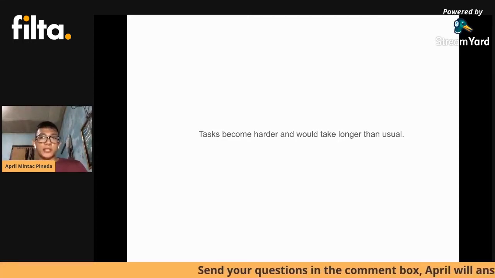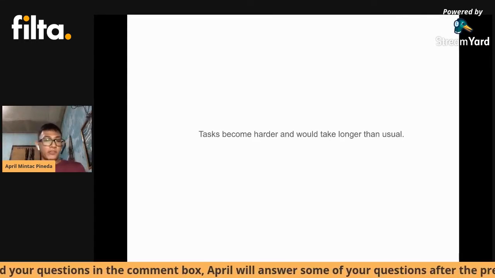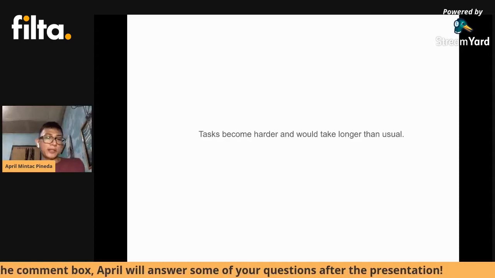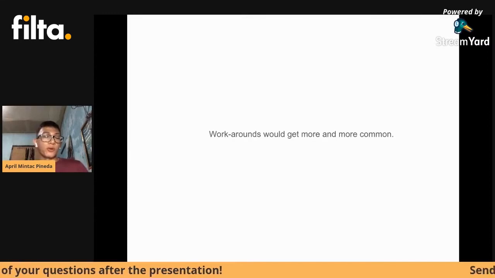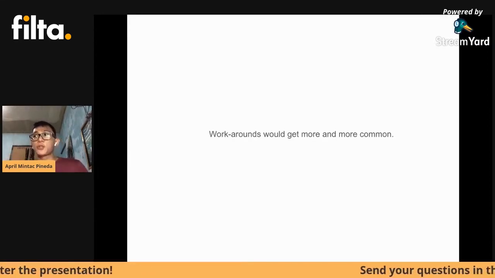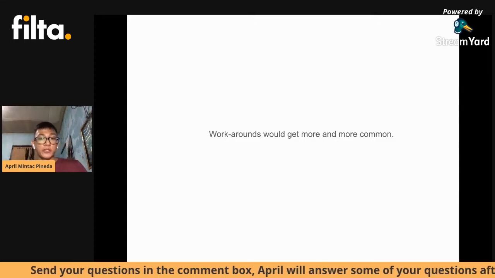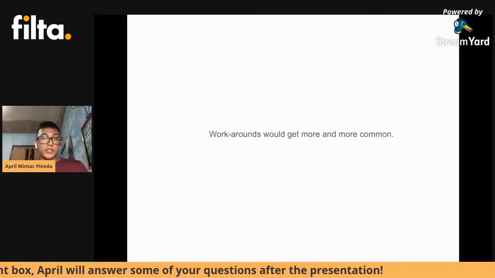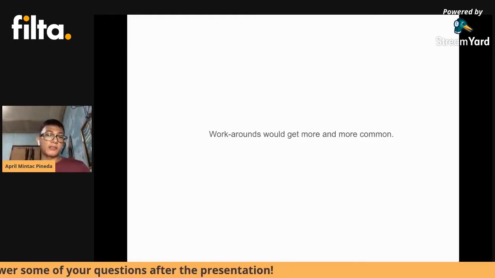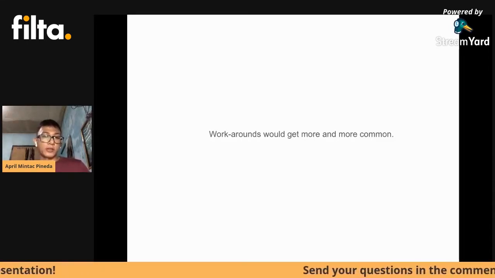Sometimes people would even say, don't touch that code because it works. And touching that code may break other code because, again, it's spaghettified code, and because you don't understand that code, you can't really touch it. Then workarounds become more and more common, because as you refuse to touch existing code, you will find yourself creating even more code, which on its own may actually be spaghetti code as well, because the fundamentals, the structure, or the foundation of the code base is already spaghettified. Any feature you add to it may also be spaghettified.